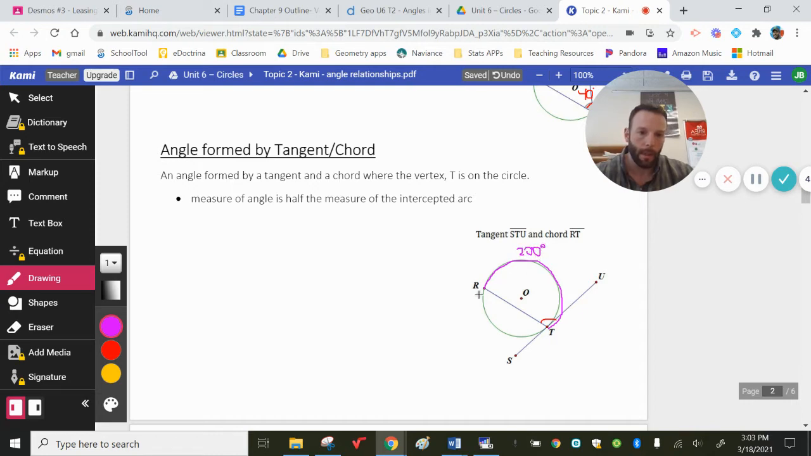200 out of the 360. I know it's definitely more than 180. Maybe it's more than 200, but 200 is a pretty safe bet. So if I was going to say this arc was about a 200-degree arc, that means now that since this point